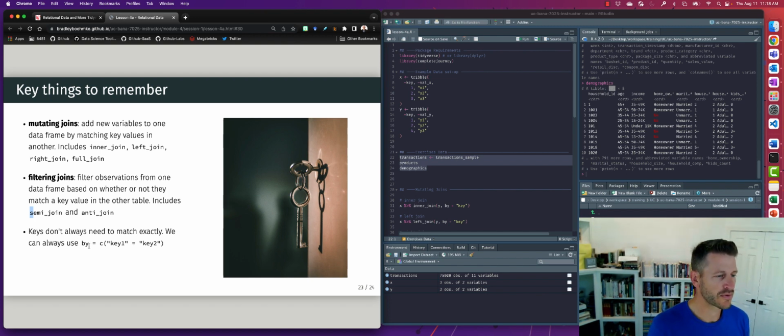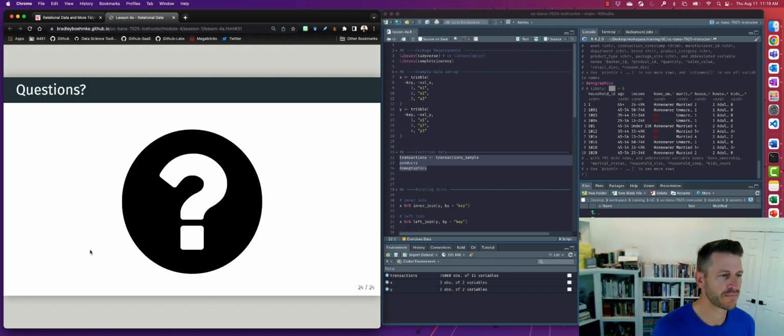And then keep in mind that we don't need to have keys that have the exact same name in both of those data frames. They can be named differently, and we can use this syntax in any of our joins to align and say that those variables are common keys. All right,